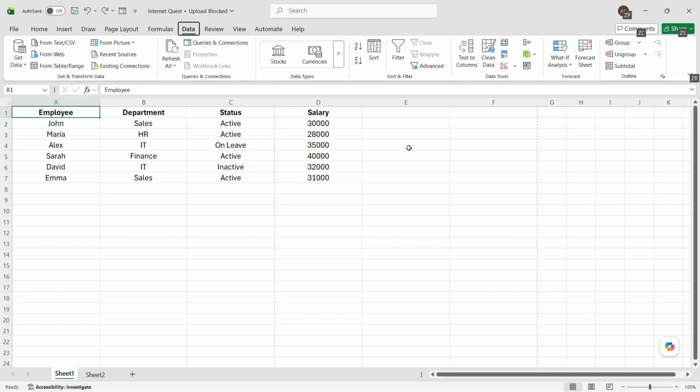In today's video, I'm going to teach you how to filter data in Microsoft Excel. If you work with spreadsheets that contain lots of rows and columns, filtering is one of the easiest ways to quickly focus on exactly the information you need. Instead of scrolling through everything manually, you can narrow the list down so Excel only shows the rows that match